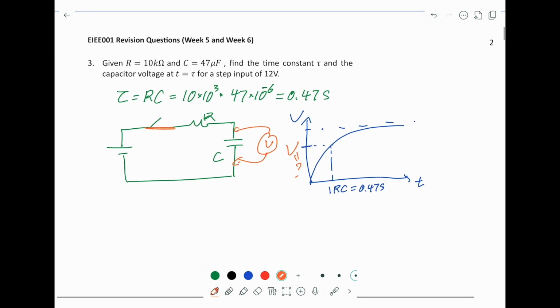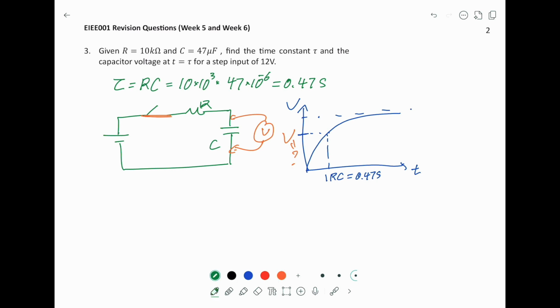First we need to know the equation. The equation is V of T equals V naught, because you are charging, times 1 minus e to the minus T over RC. Now when T equals tau or 1 RC,